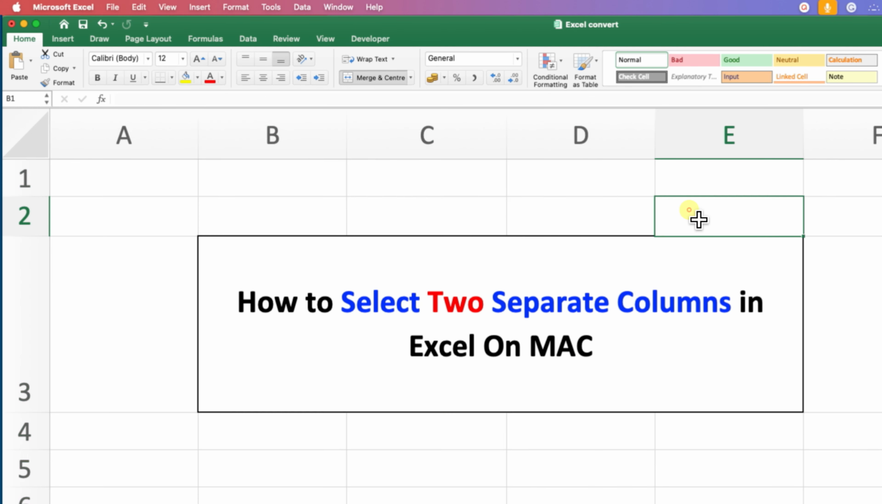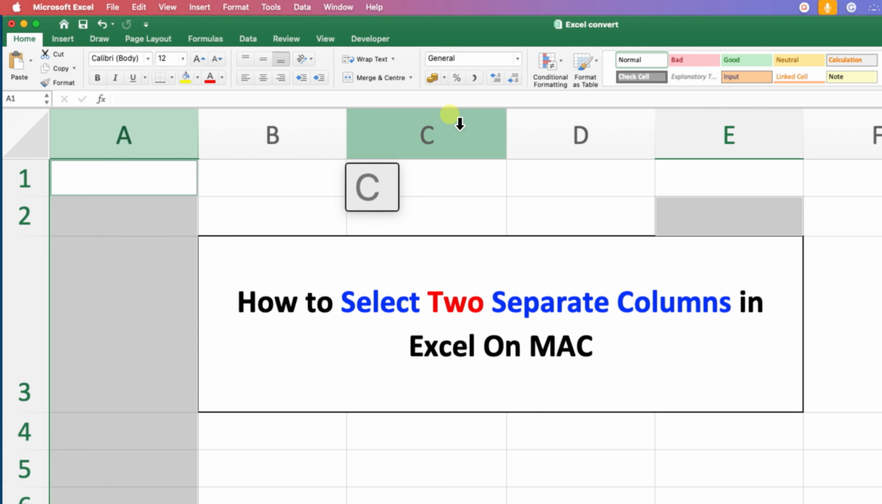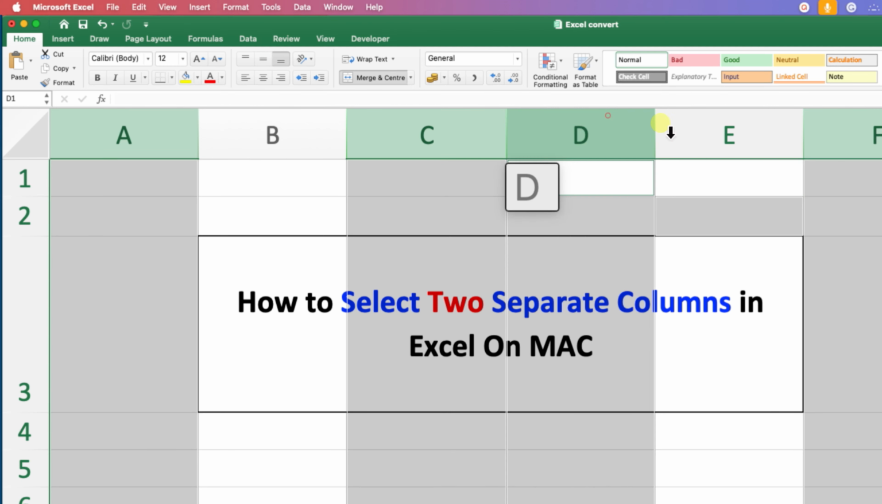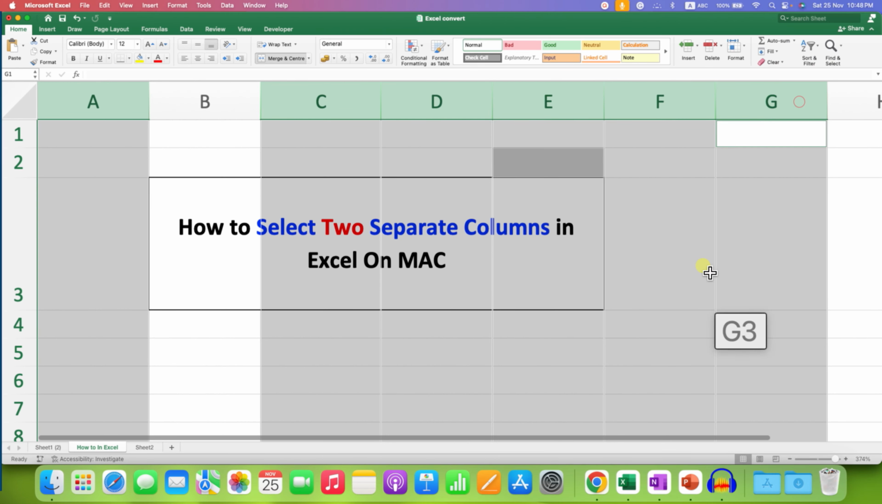But if the two columns are not adjacent, you can just press and hold the command button on your keyboard and then click on the columns you want to select. So like this you can select multiple columns in Excel sheet separately, and after selecting, release the command button, and